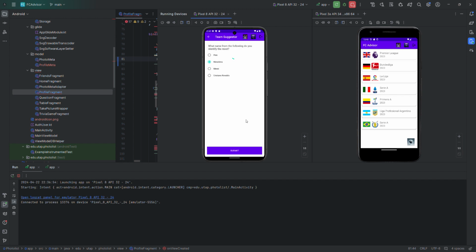What this is doing right now is sending those responses from this questionnaire and interacting with Claude to give 4 different options of teams that the user can pick based on the responses that were made. Right now you'll see information that is directly related to the responses that I gave just now. For example, Diego Maradona was the response that I gave, so it gave Boca Juniors, which is the team that he played for.